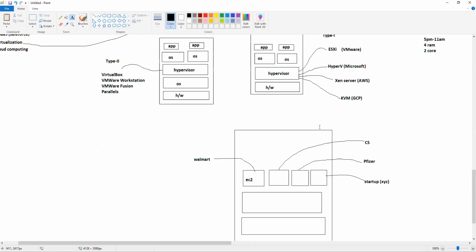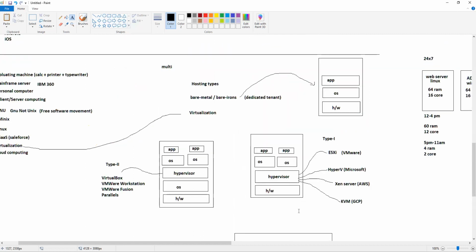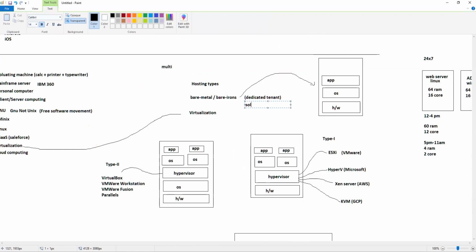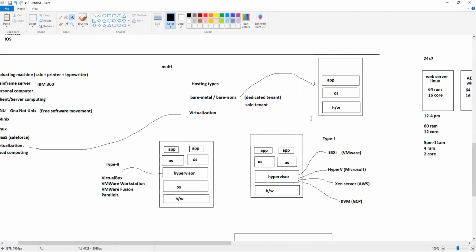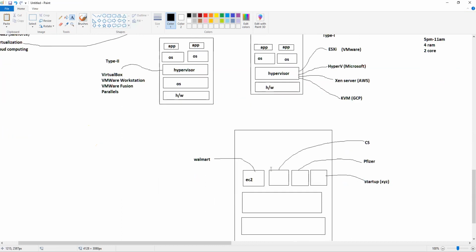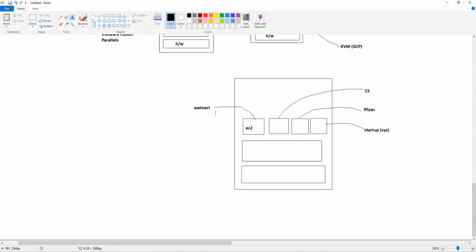But because you get it at a very cheap rate, you'll have to live with that. There are different types of isolation, but still certain compliances don't allow you to share the hardware with others. And at that time, you go for a dedicated tenant, sole tenant, bare metal tenant, different names. But the idea here is the whole hardware will be dedicated to you. No other consumer or no other tenant will be allowed to use any resources or create a virtual machine from it. So if Walmart is using it, the whole server will be dedicated to Walmart.